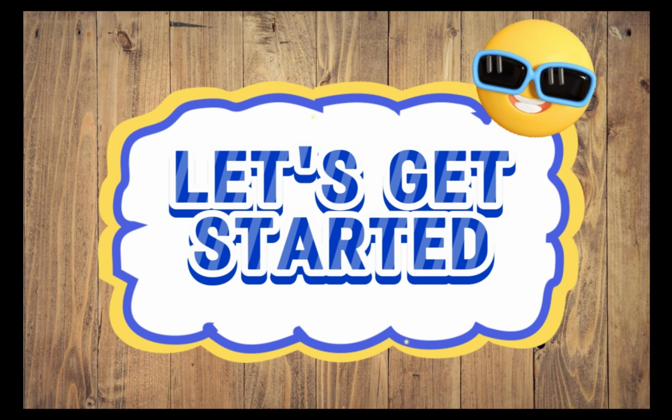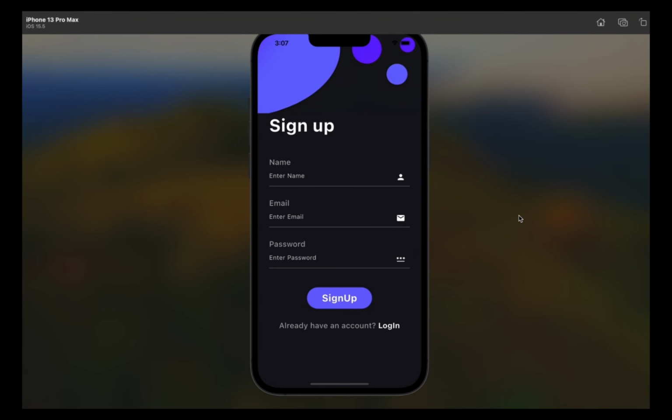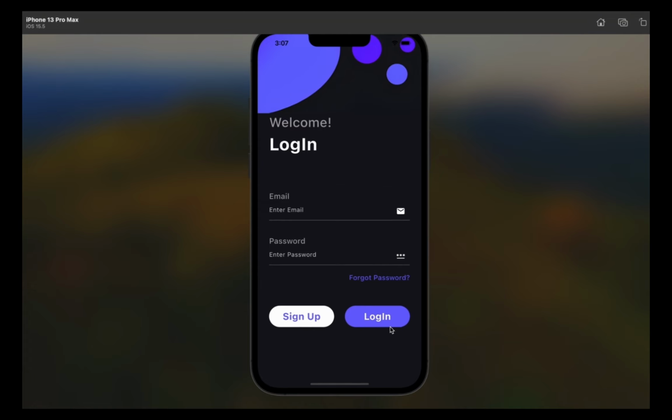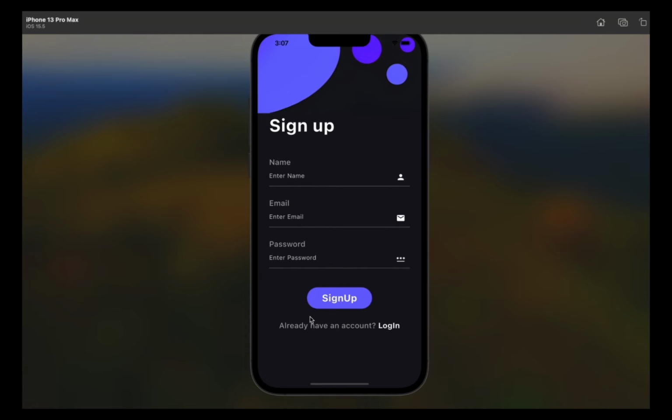Now let's get started. Before we move forward, I want to simply show you how our movie booking app will look after completing this course. Yeah, so this is the movie booking app you can see here in our emulator. This is an iPhone emulator and this is the sign up page. As you can see, I can simply move to the login page and move back to the sign up page again. I'll use my name over here, I'll just write Shivam Gupta, something like this,